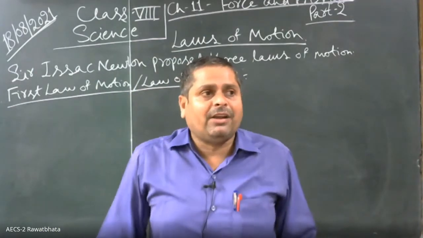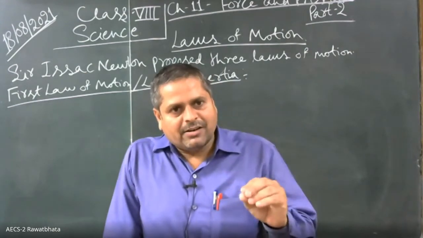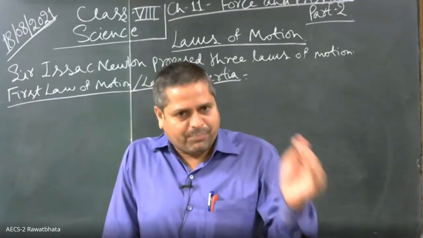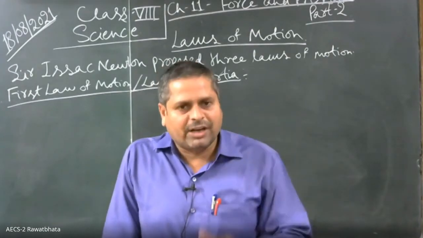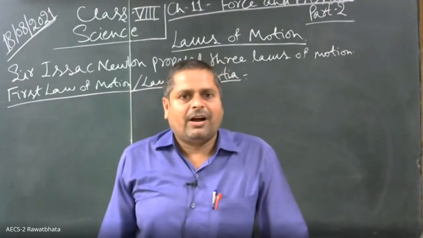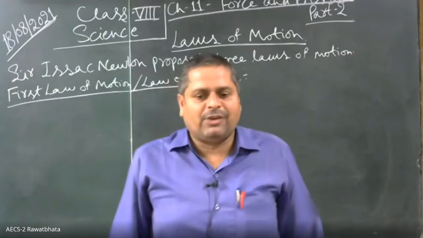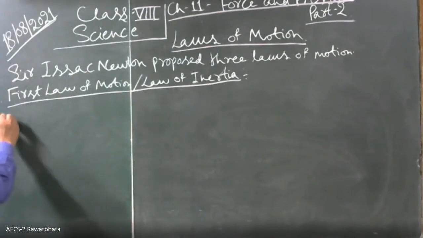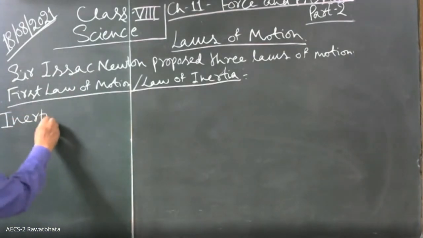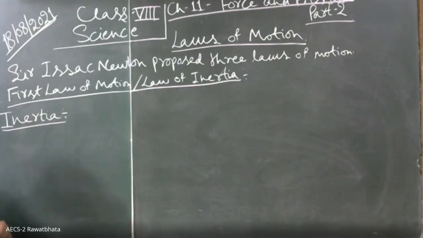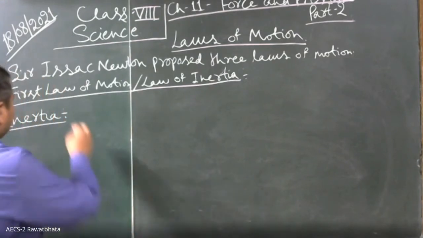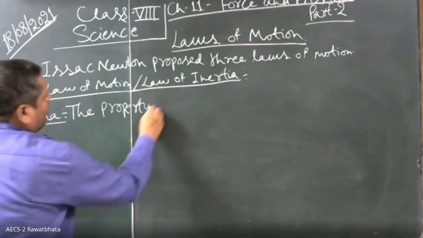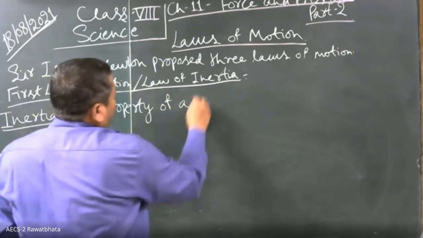The property of an object to resist change in its position of rest or in its motion or in its direction is called inertia. Inertia: the property of a body